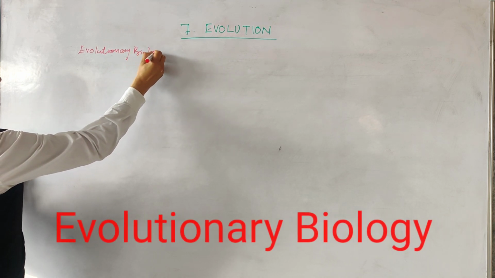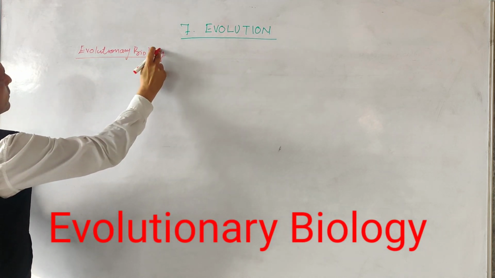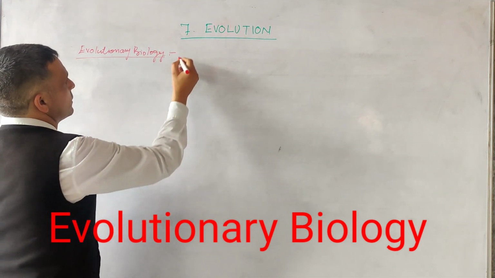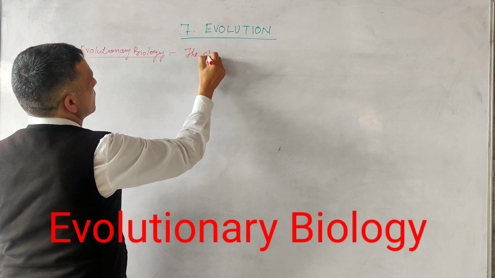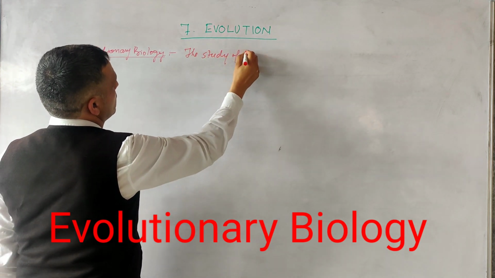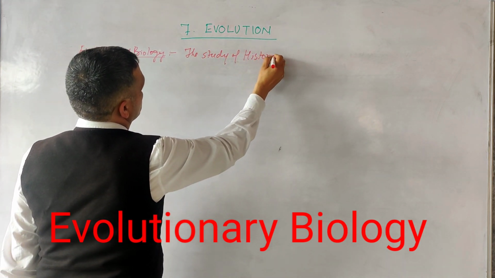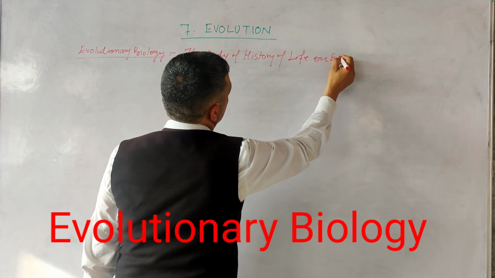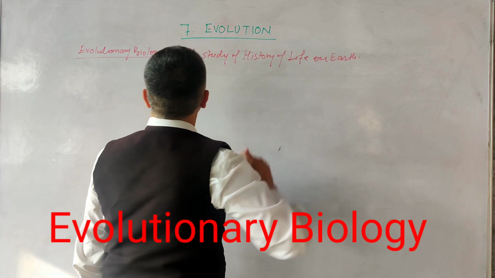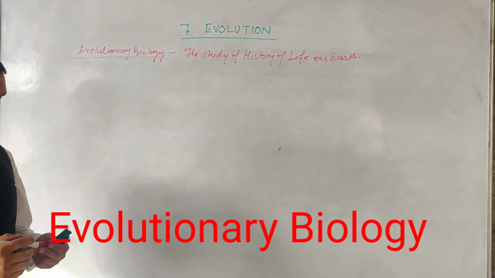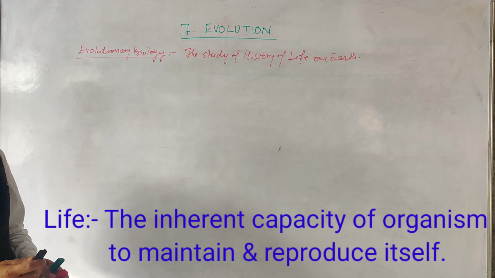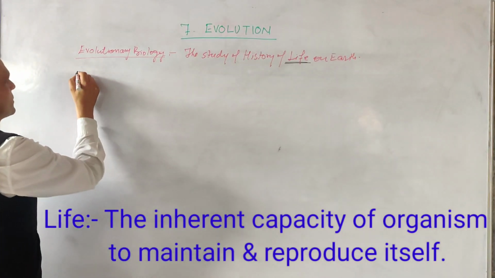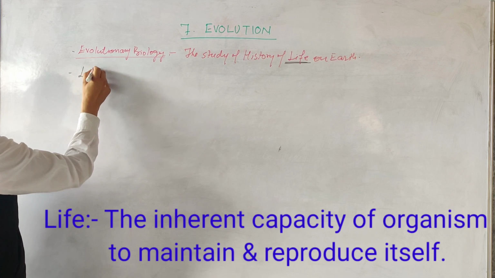Evolutionary biology. Evolutionary biology is simply the study of history of life on Earth, is known as evolutionary biology. And friends, when we are talking about life, obviously the second most important term,